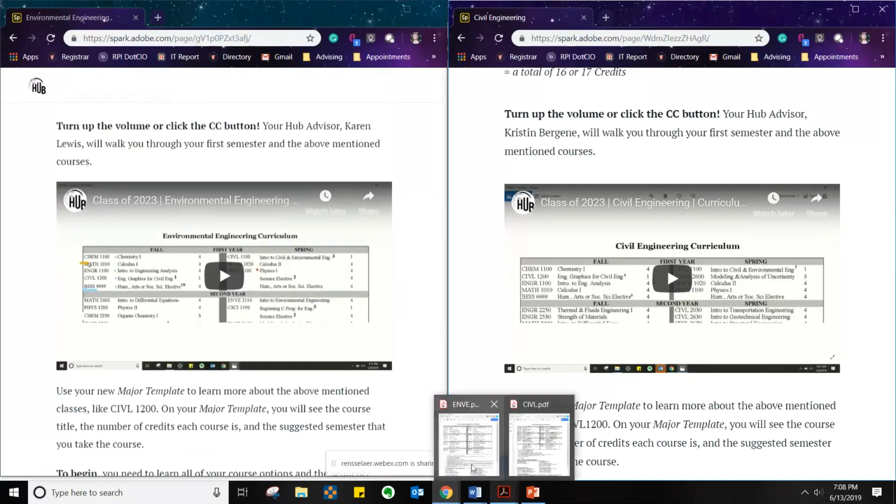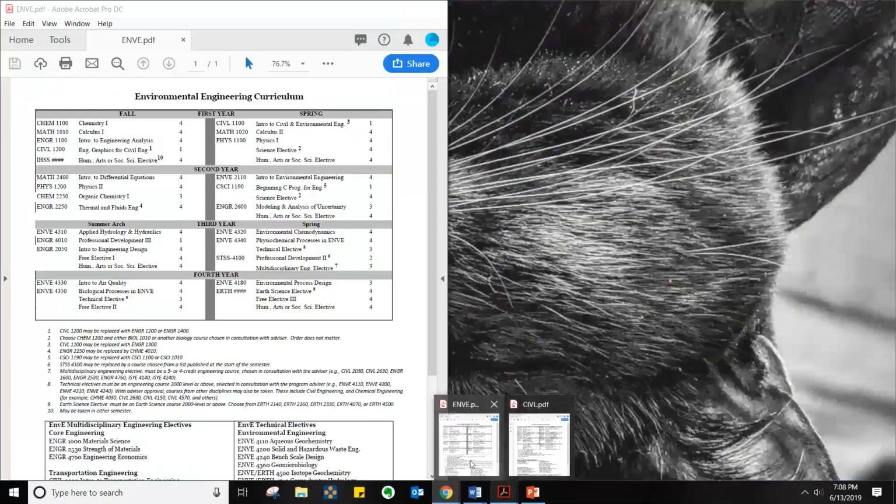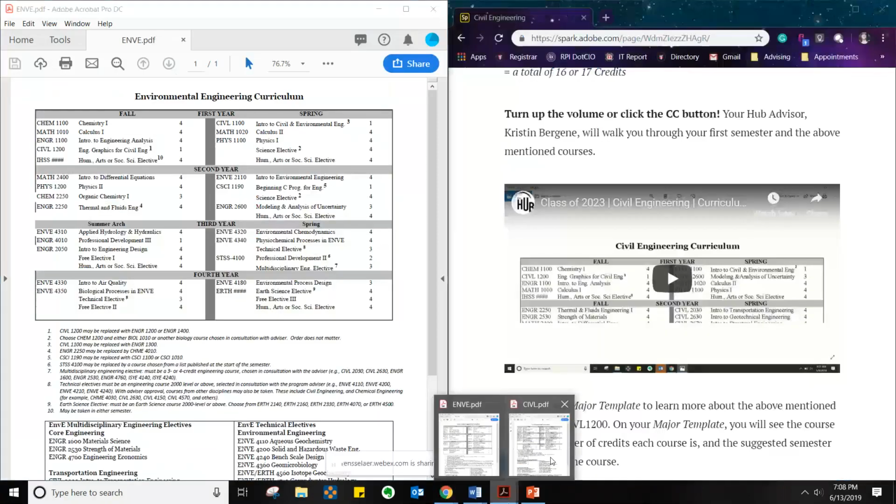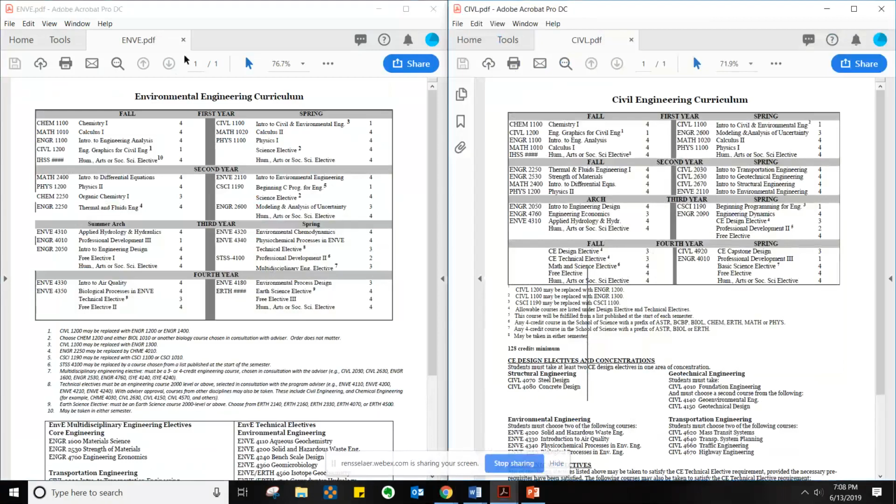With that being said, we're going to open up your major templates. We're going to do a split screen again, and Karen's going to talk about the environmental on this side and the civil on this side. As I mentioned, there's overlap between the two majors.